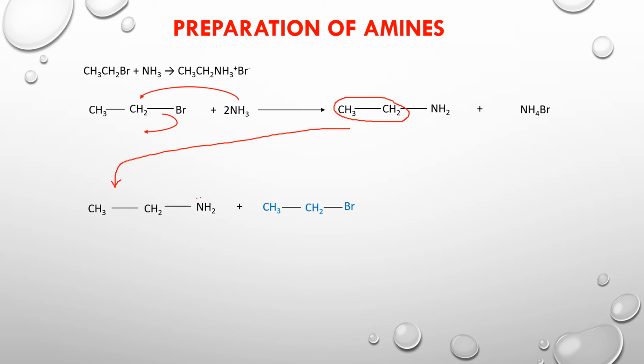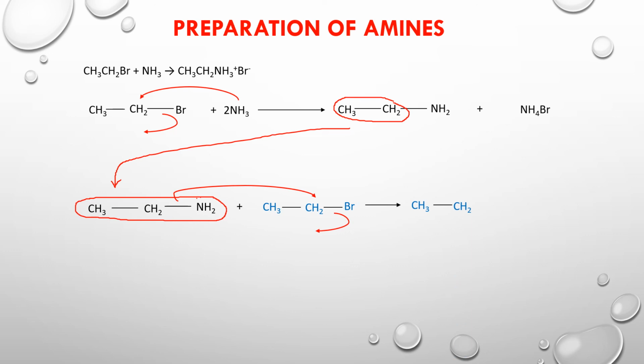From the alkyl halide, the bromide is going to be removed and the nucleophile is going to come and replace the Br. Now in this case, our nucleophile is this whole molecule. Therefore, when the nitrogen is going to come and replace the Br, this nitrogen will bring the other carbons with it. So now we have our structure as CH3, which is coming from the alkyl halide. It's shaded in blue so that it's clear that that's the alkyl halide part. CH2, that's the alkyl halide part.